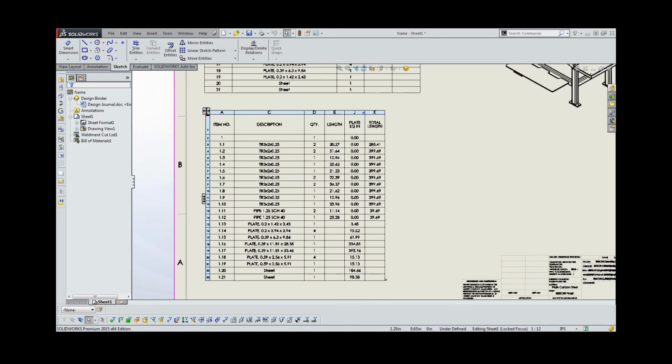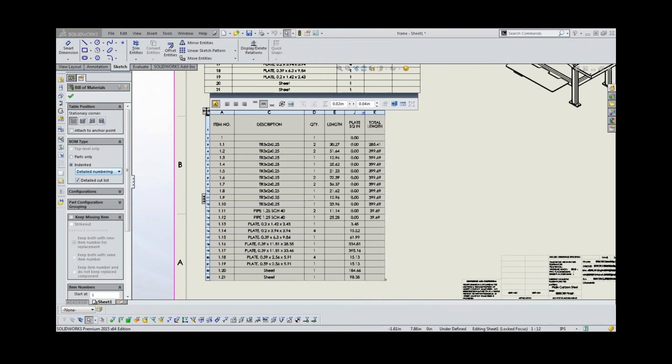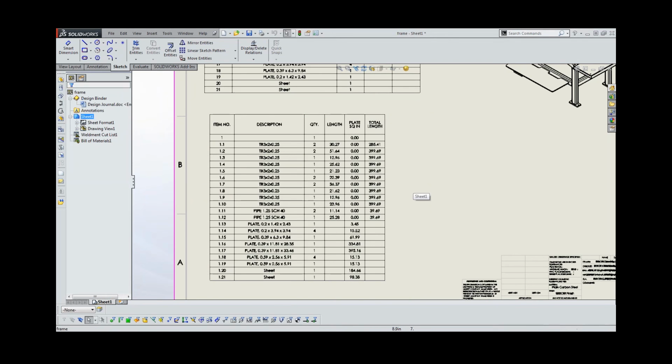So what I've done is inserted a bill of materials with a detailed cut list here. And now I've got my length for my various structural members. I've got total length on those. And then I also have my plate square inch for all of my plate and my 2 sheet items. I still have to come in and manually put in a name for my sheet, the description there for the sheet metal, but I can automatically bring in